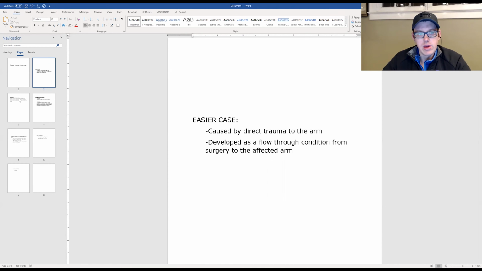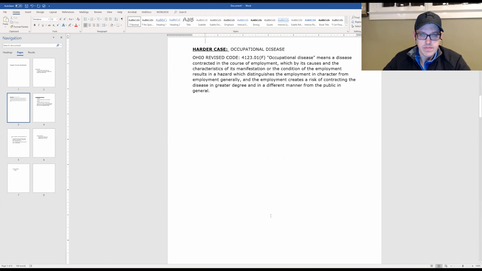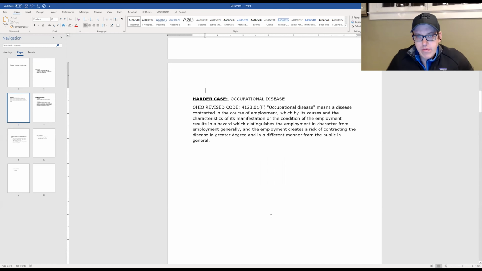So the hard case would be pursuing carpal tunnel syndrome via the theory of occupational diseases. I've talked about occupational diseases before. There's scheduled occupational diseases, where there's a code section that talks about occupational diseases associated with working around chemicals and metallurgical type situations. You could be exposed to things and develop what's called silicosis or asbestosis, where you're exposed to asbestos and you develop these lung conditions, and silicosis can have a number of conditions that could arise from the silicosis itself. But basically you're exposed to something. So those are scheduled